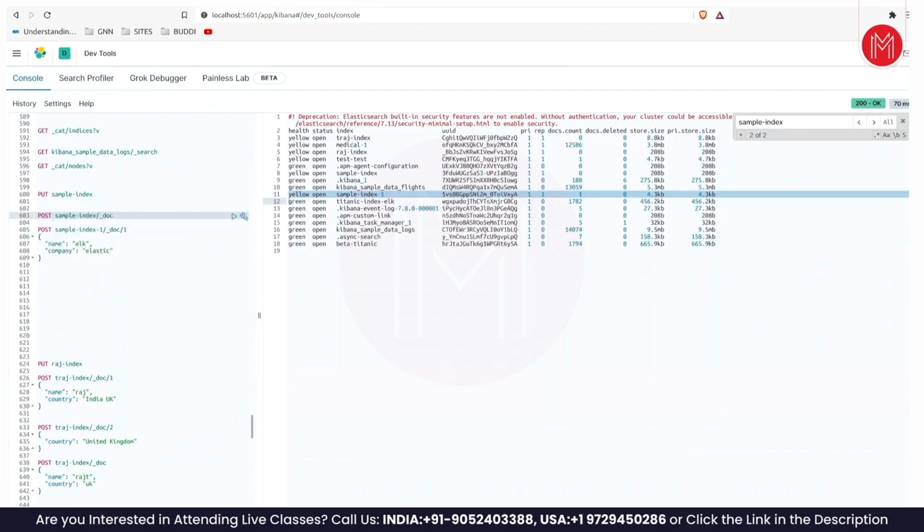This underscore doc will be deprecated in a future release. And there is a reason; what underscore doc is all about is called type, the index type. Earlier, when people started with Elasticsearch, for each index they had multiple types, like the way we have in an SQL database, right? You have a database, and in each database you have multiple tables. Likewise, people modeled it saying that for each index you will have multiple types. And people tended to confuse that with SQL a lot, and it was creating a lot of anti-design patterns